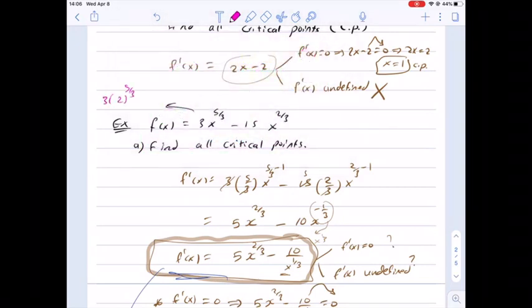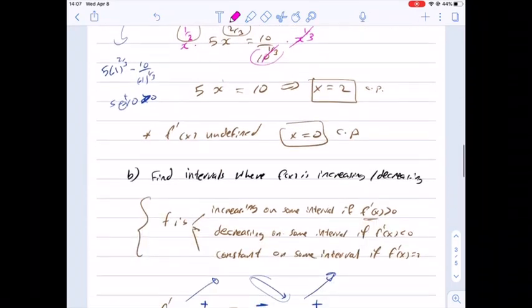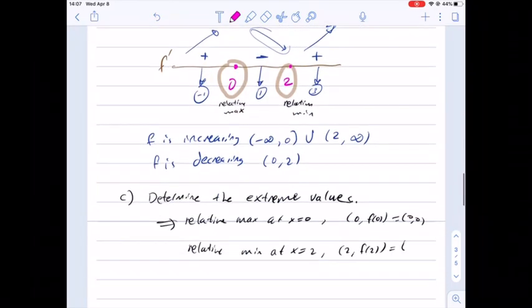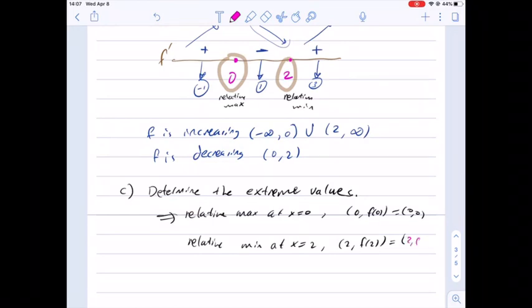3 times 2 to the 5/3 minus 15 times 2 to the 2/3. Now we find it's 3 times the cube root of 32 minus 15 times the cube root of 4. So we can leave it in this form, or we can use a calculator for that. So it's 2 and f of 2. I'll leave it in this form. You can use the calculator to find this value. So that's how we find the